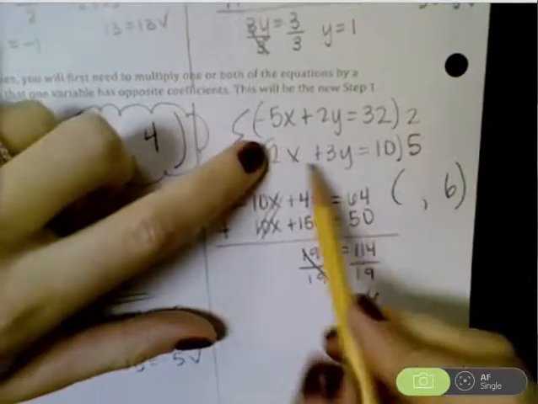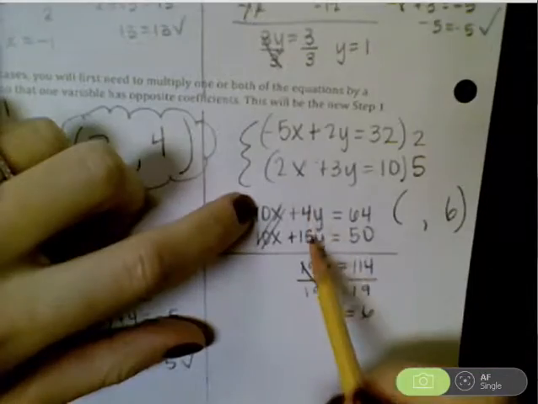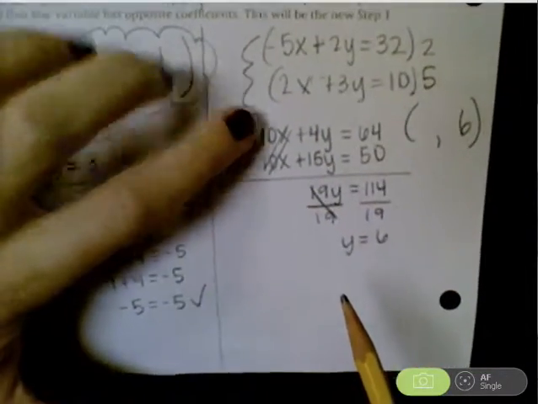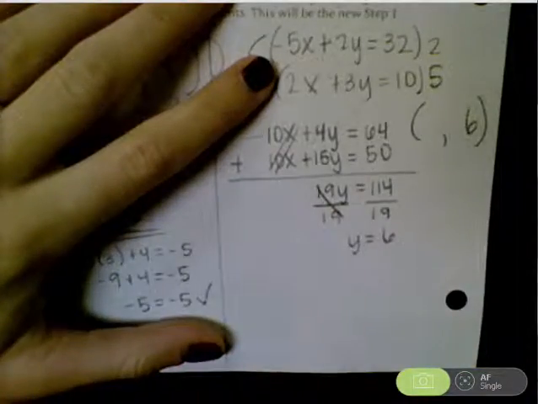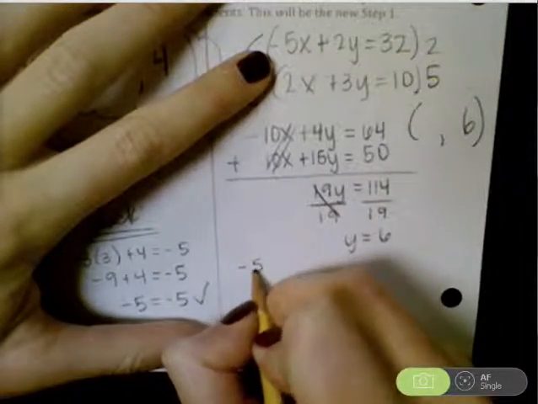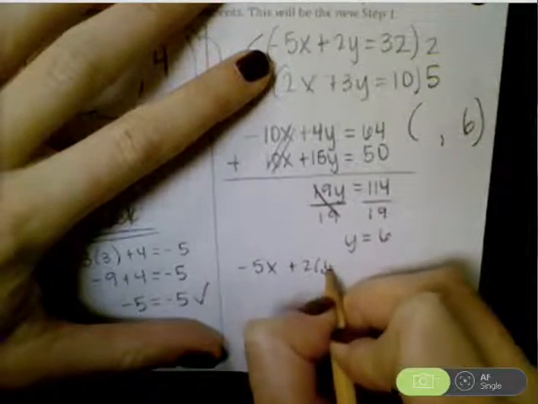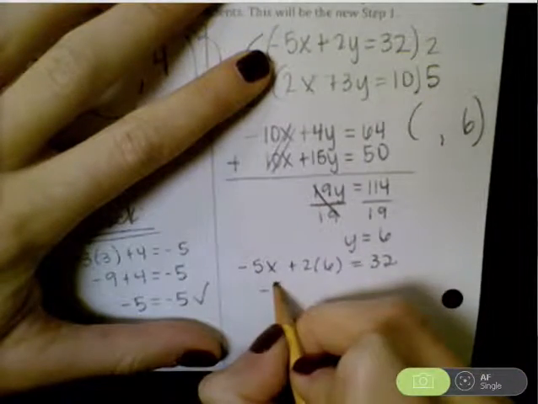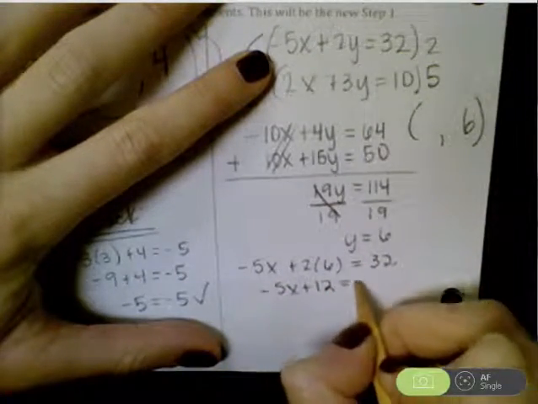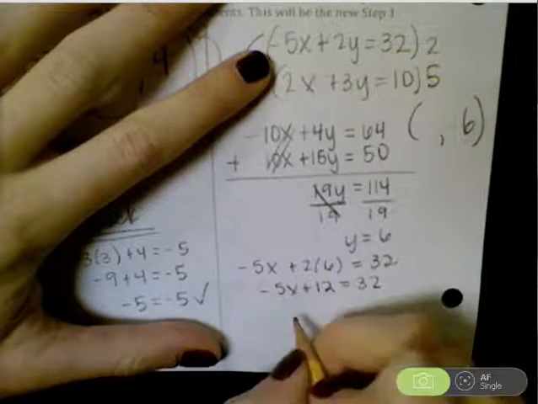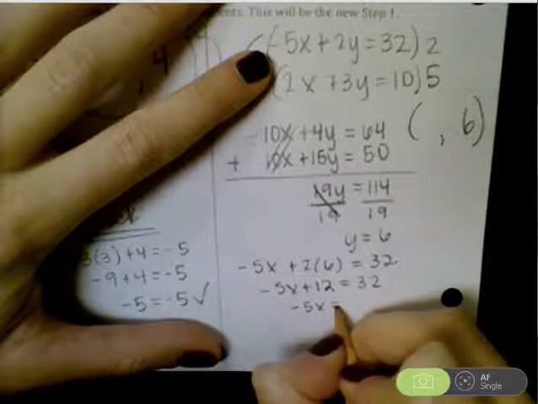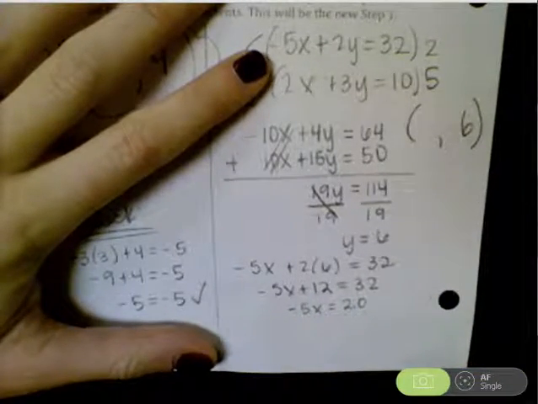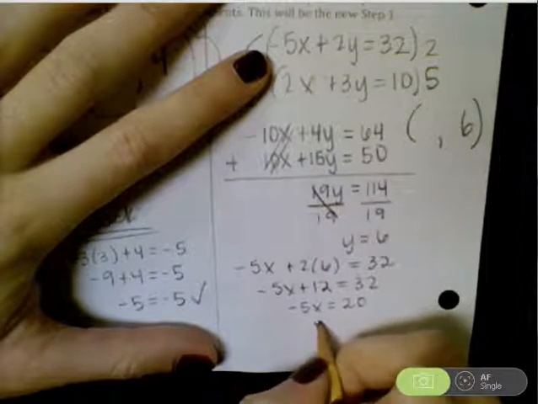Make sure you plug it back into one of the original equations, not one of the ones that you changed. So we'll plug it back into the first equation. Negative 5x plus 2 times 6 equals 32. So negative 5x plus 12 equals 32. Negative 5x equals 20. So x equals